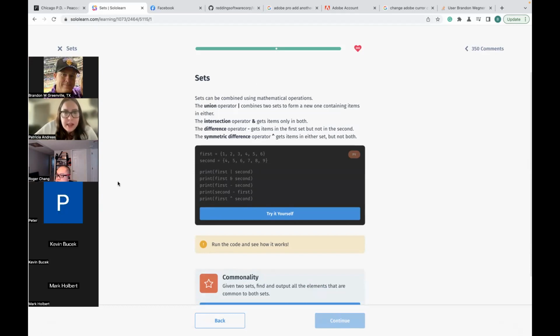Sets. Sets can be combined using mathematical operations. The union operator, combines two sets to form